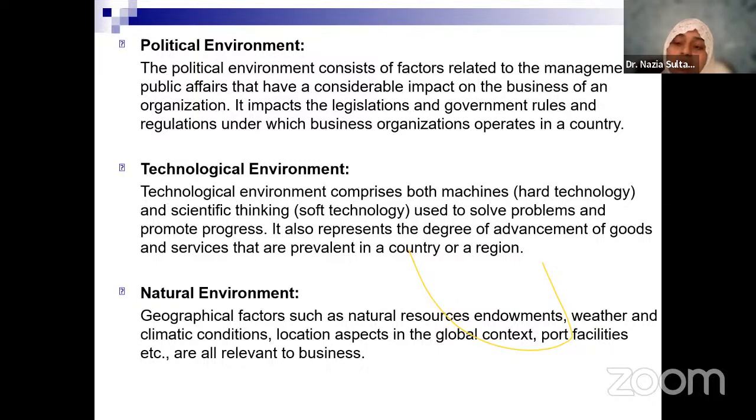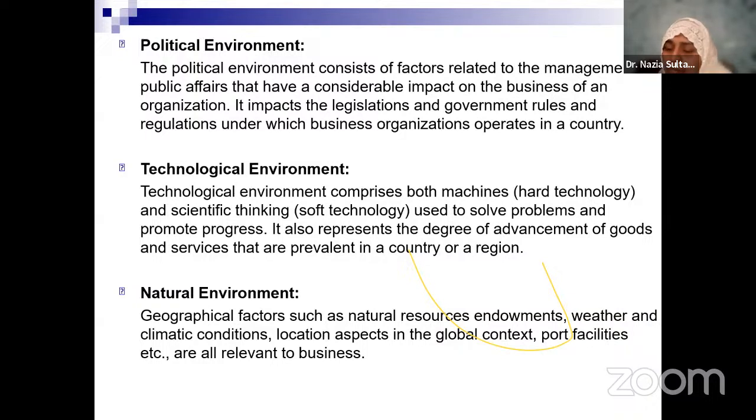On the other hand, you talk about countries like India, which are bestowed with natural resources. South Africa, for that matter, has very good natural resources, but because of access to water, lack of skilled manpower, and problems related to poverty and submission to USA, all those things have impacted that particular economy. But otherwise, they are very good in many natural resources like diamonds and others, which other countries in the world don't have. And location, how close that particular country is to the ports, also has a major impact on how businesses are being run.